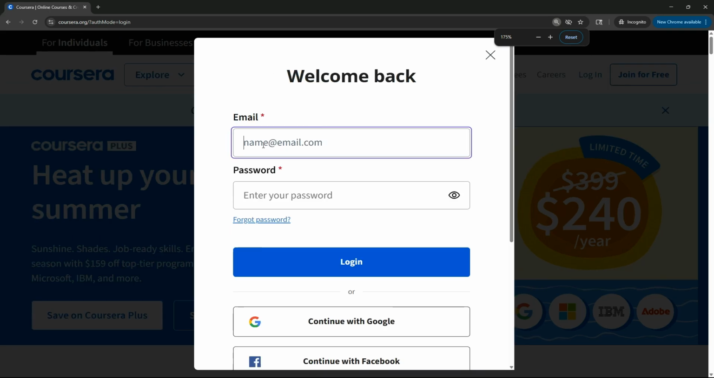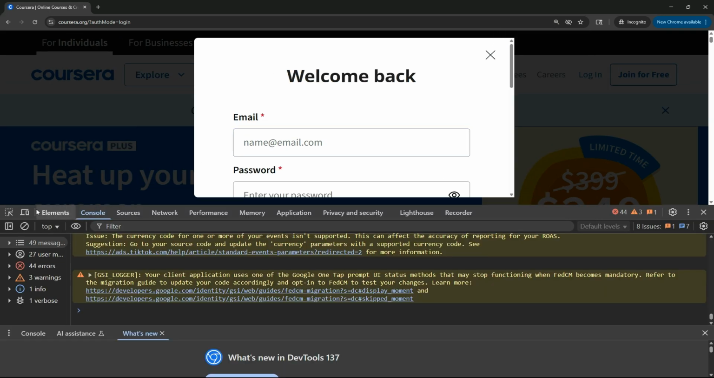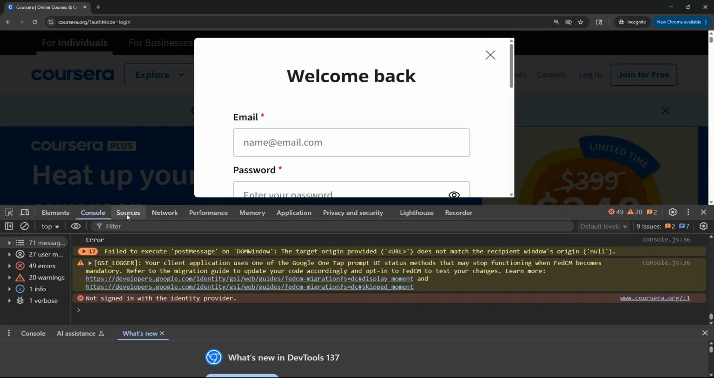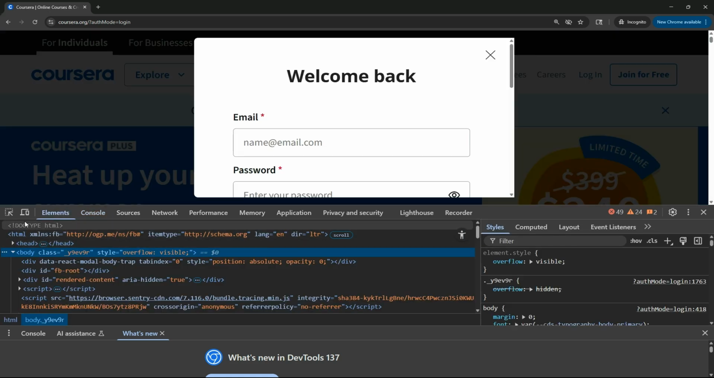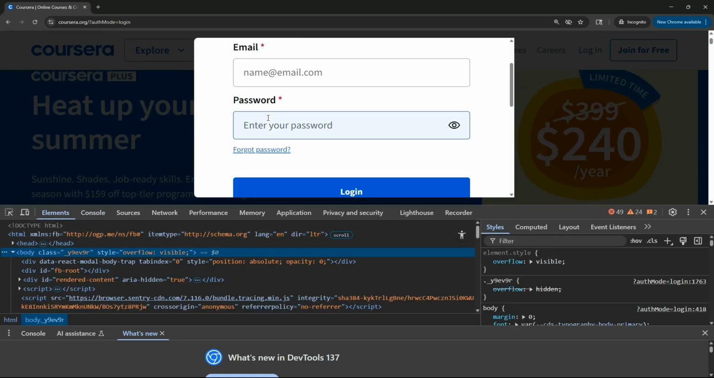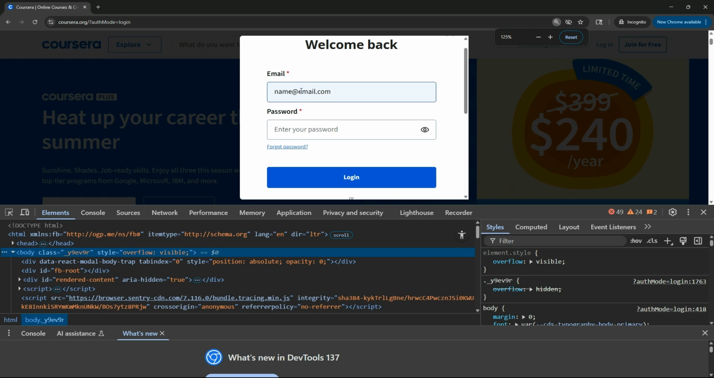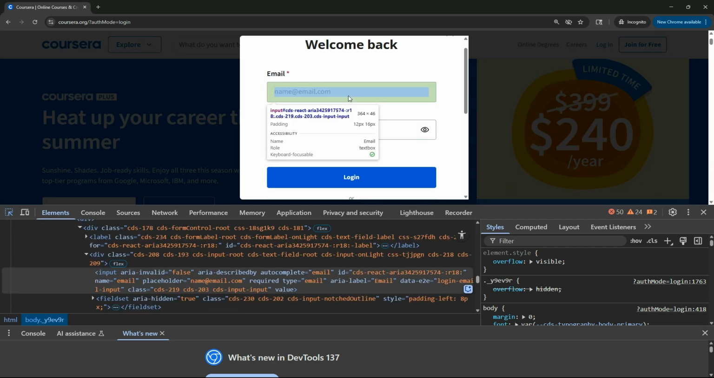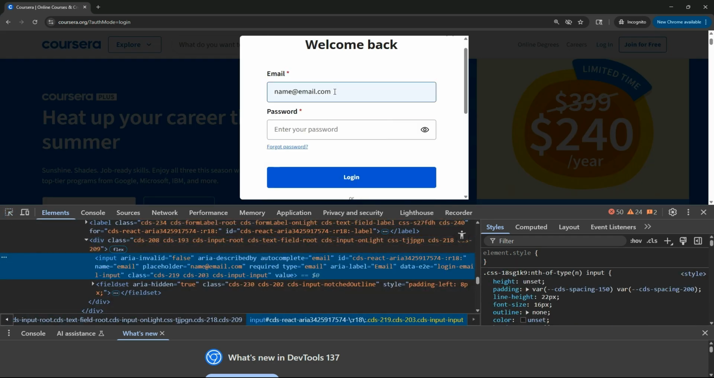All right, so let's take a look at these. Let's zoom in a bit for those of you on your cell phones, and let's go to elements here. To log in, we're going to need these three elements: the email input, the password input, and then the login button. So if we inspect the email,